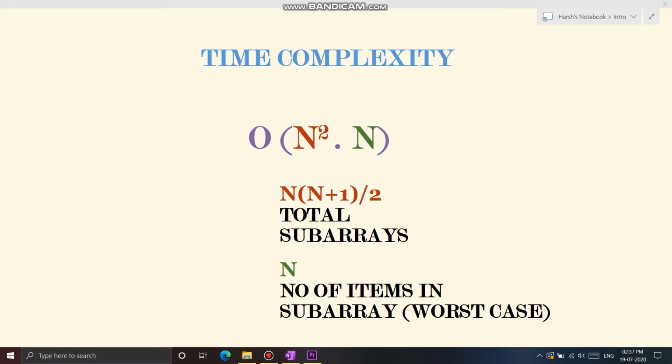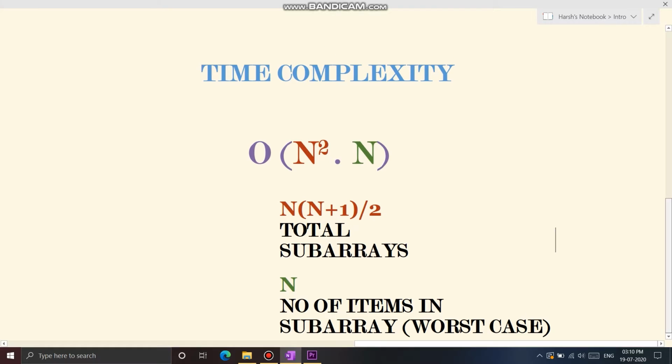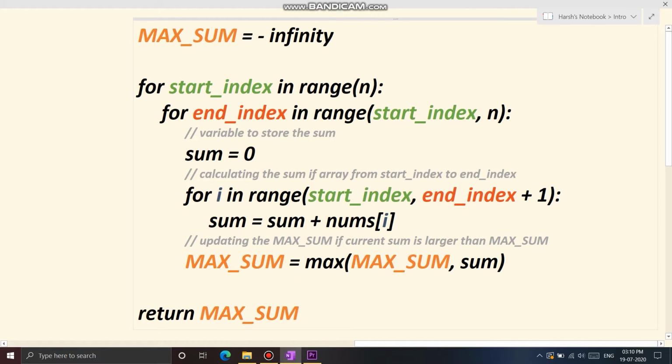So let's now talk about the time complexity of the given approach. What we are doing was first visiting the subarrays and then computing the sum. So the total time complexity becomes n square times n, which is n cube. Now we are going to reduce time complexity from cubic to quadratic. And for this, we need to find out unwanted computations. So the current way of calculating the subarray sum is not efficient.